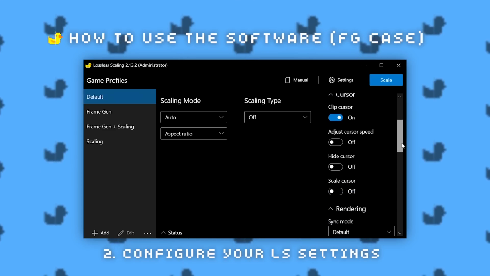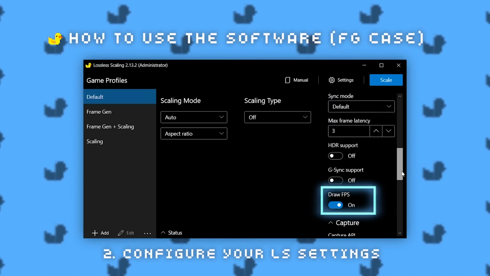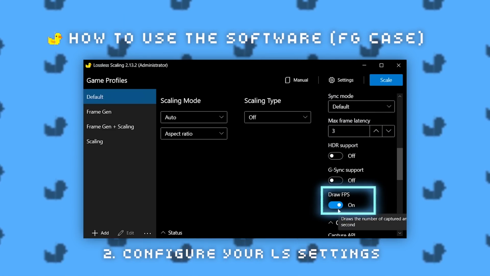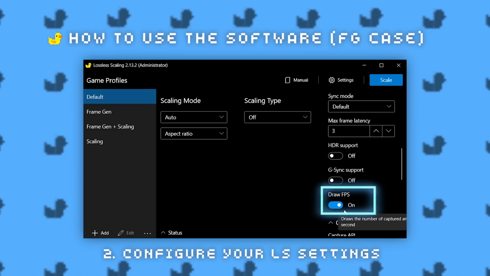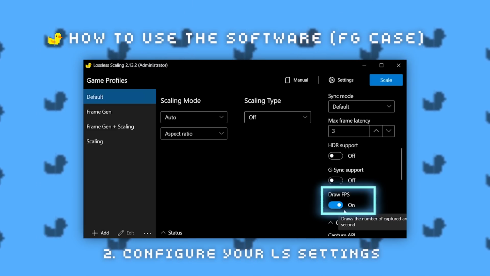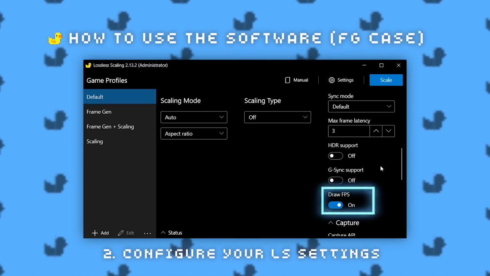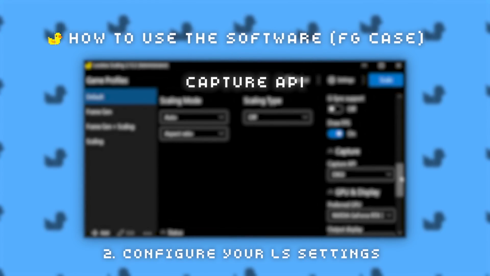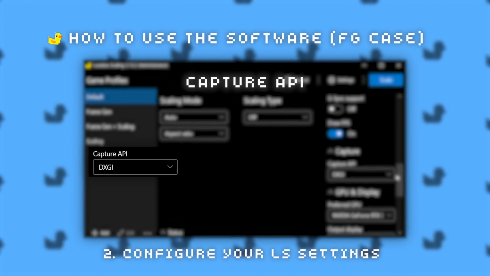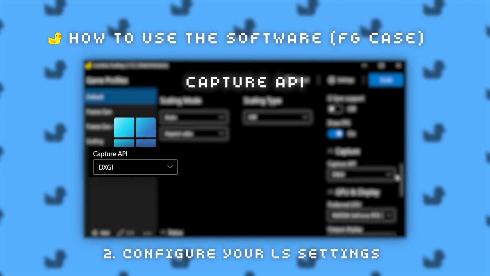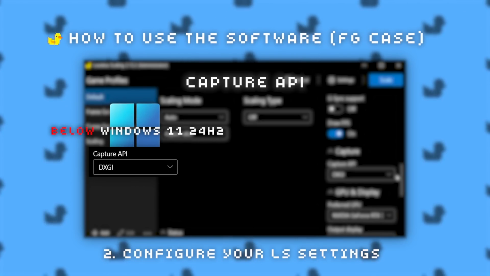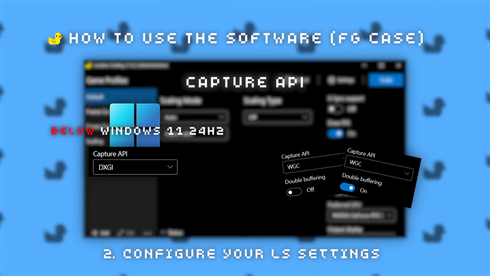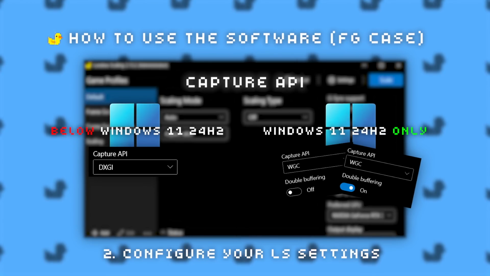Then scroll down, and I recommend you enable the draw FPS option to know later on whether LSFG has been applied correctly to your game or not. And scroll down again, and in Capture API, set it to DXGI if you are using a Windows version below Windows 11 24H2, and try WGC if you are using Windows 11 24H2.